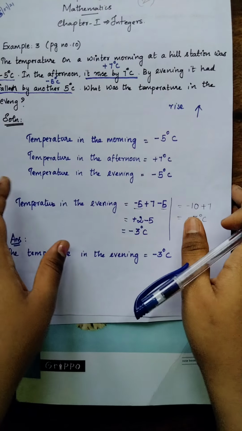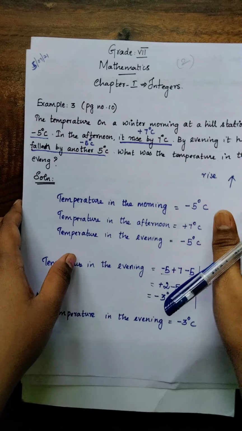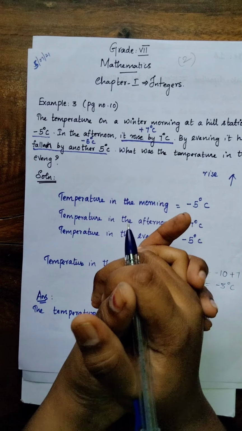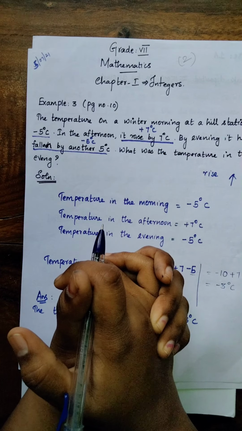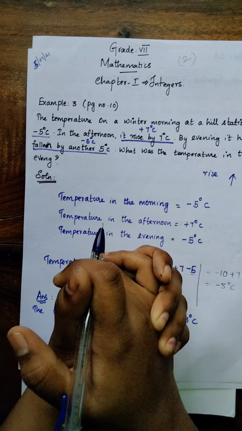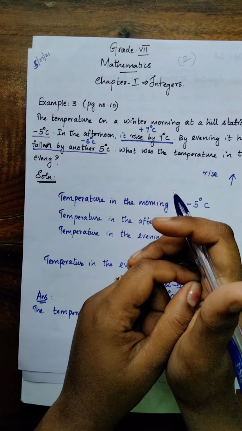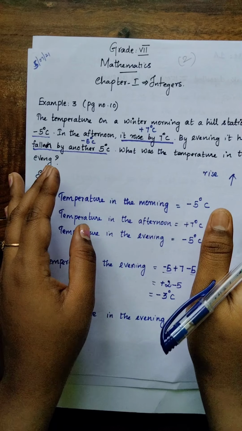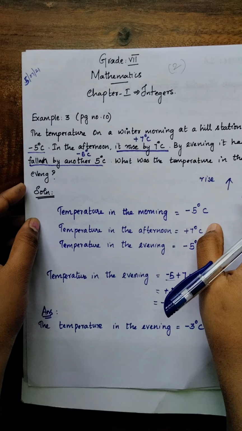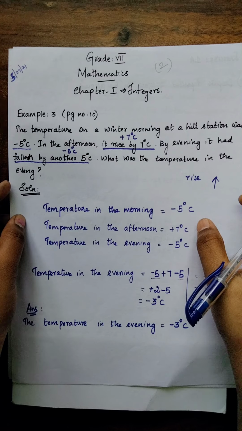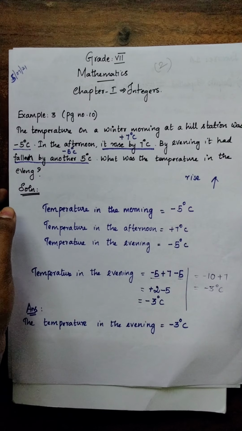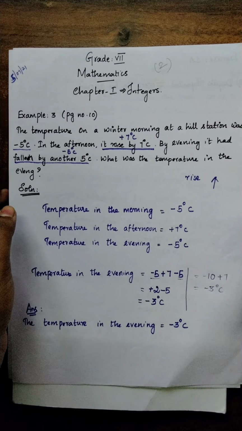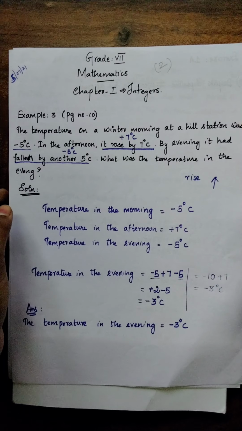Okay. What have we revised today? Today we have revised the basic rules of adding and subtracting integers, then properties of addition, properties of subtraction, and two word problems. Today you must learn all these problems. Learn all the problems and practice all the problems. Okay, students. Thank you all.